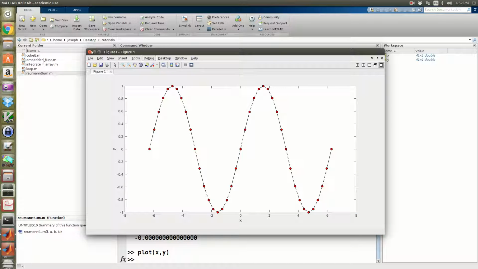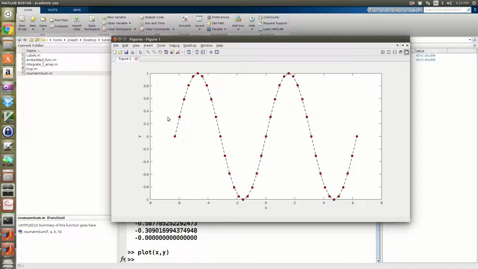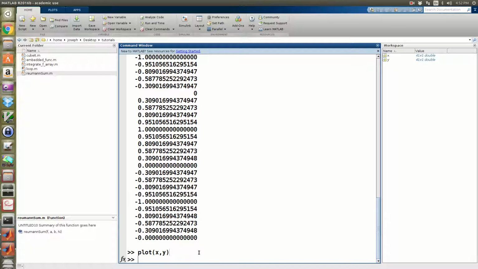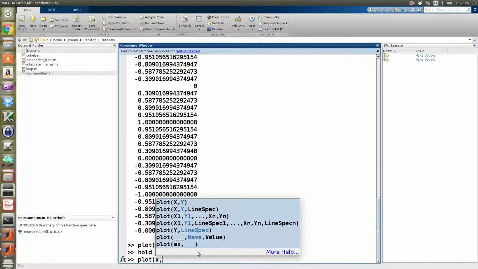Now I can also plot multiple lines in the same plot using the hold on command. So here I've plotted sine. What if I wanted to plot cosine in there as well? Well, I need to generate the data. So I'm going to come back here to my command window. I just minimized my plot. And I'm going to type in hold on. That means, okay, whatever I plot next, put on the same plot. Now plot x, and then plot cosine of x